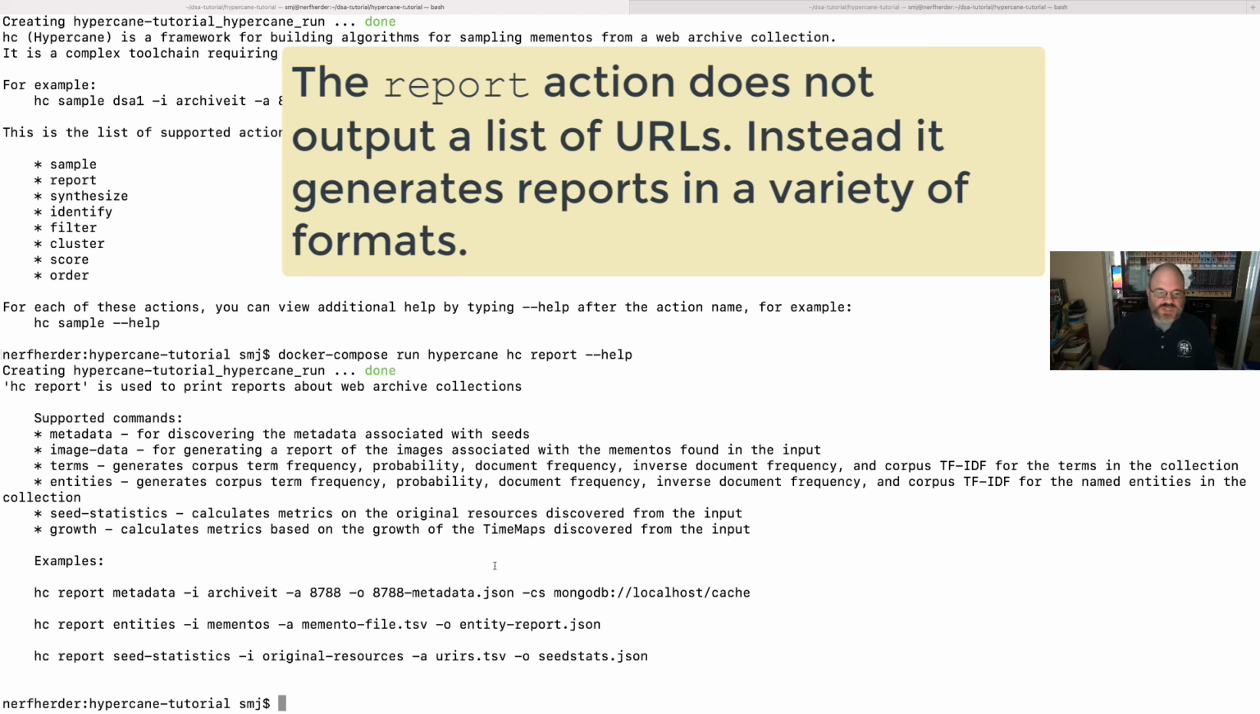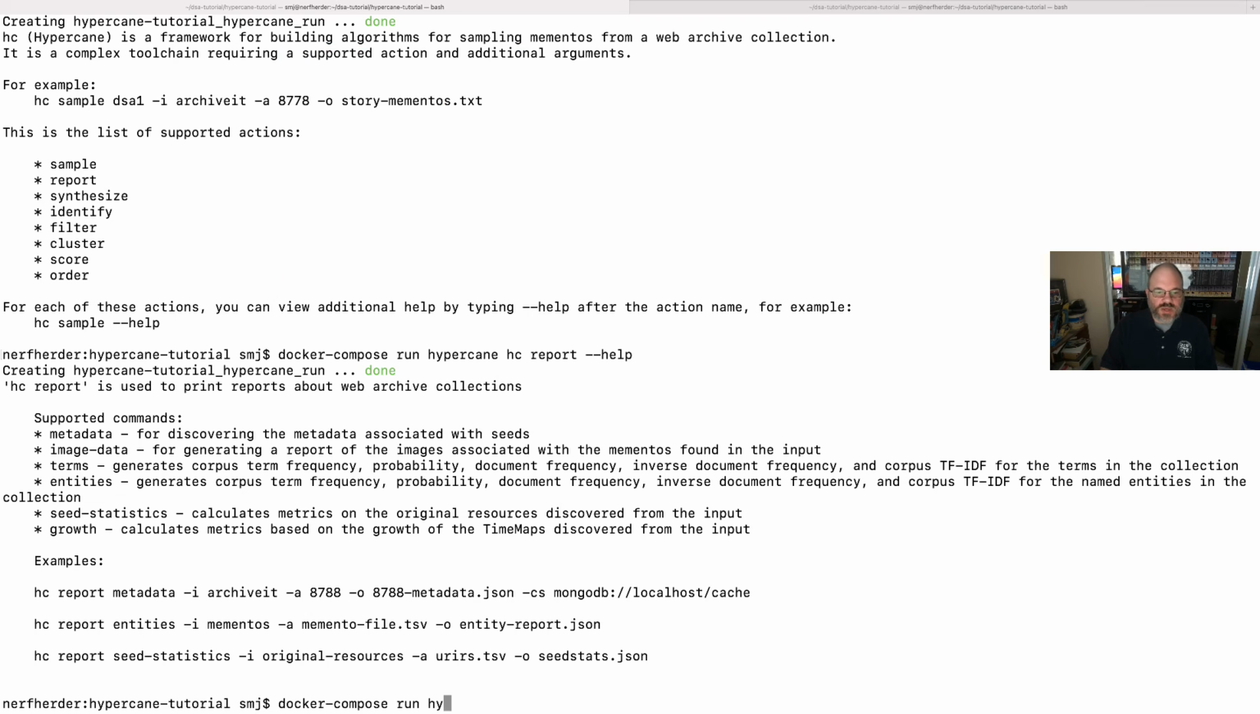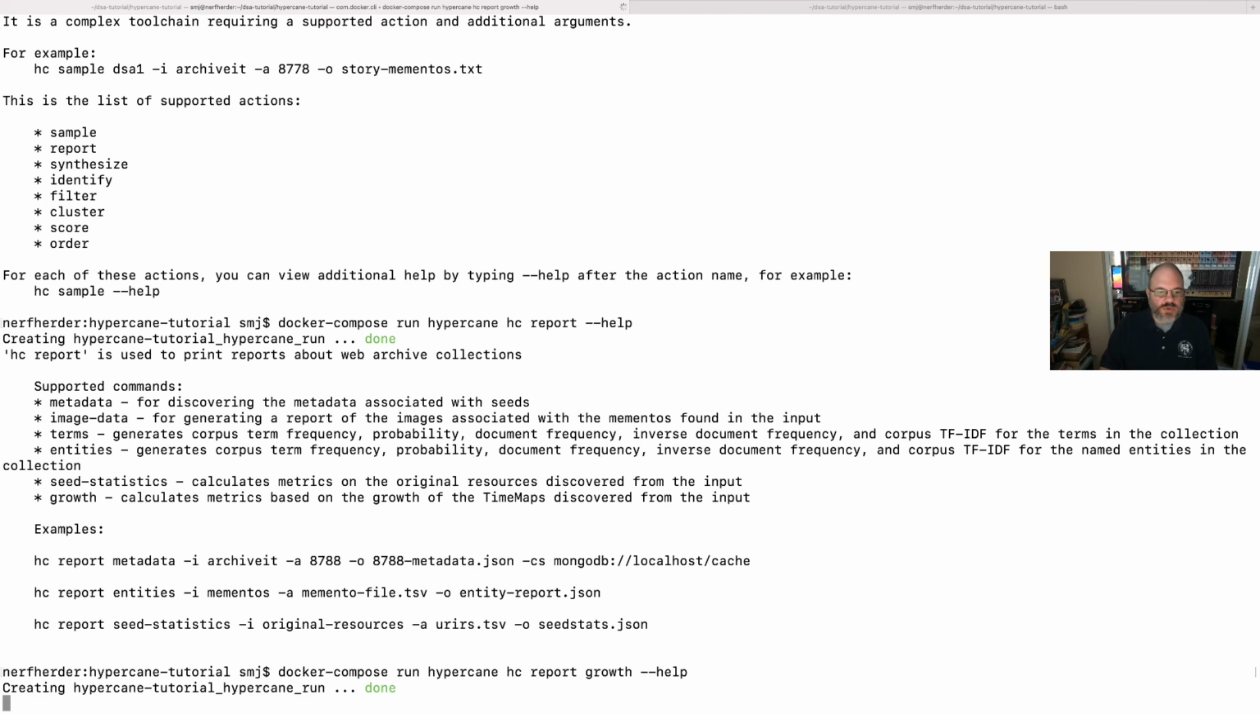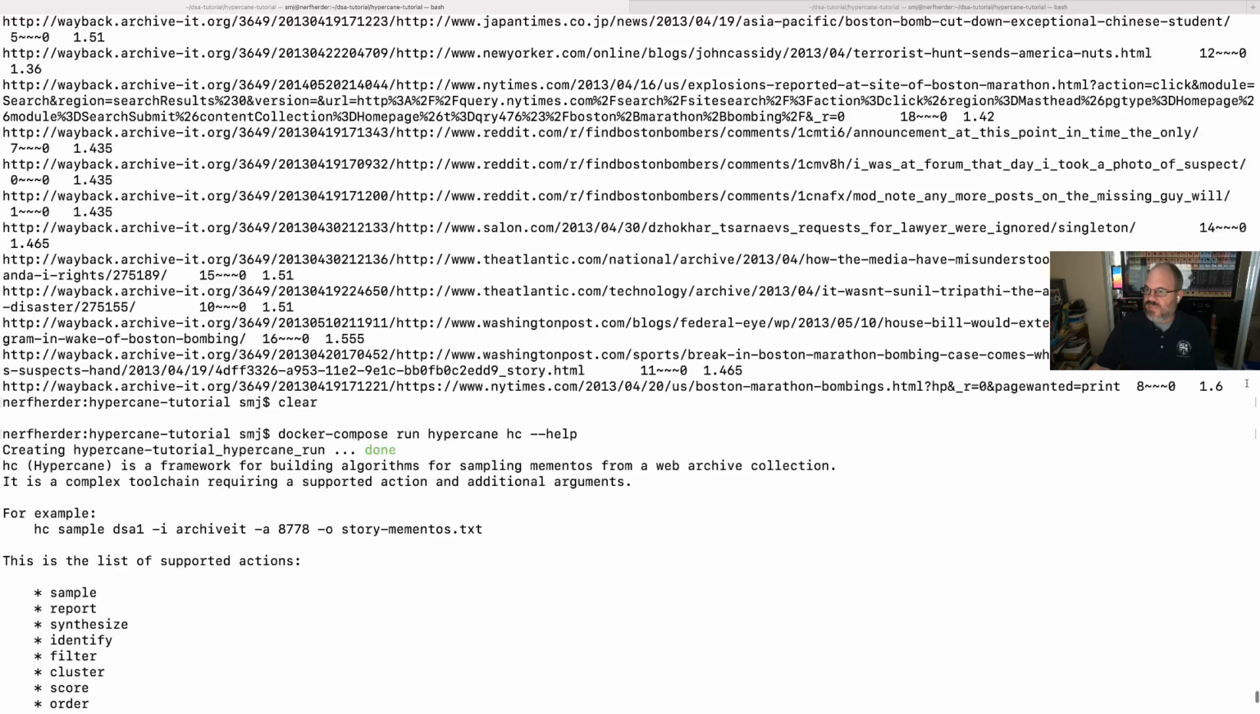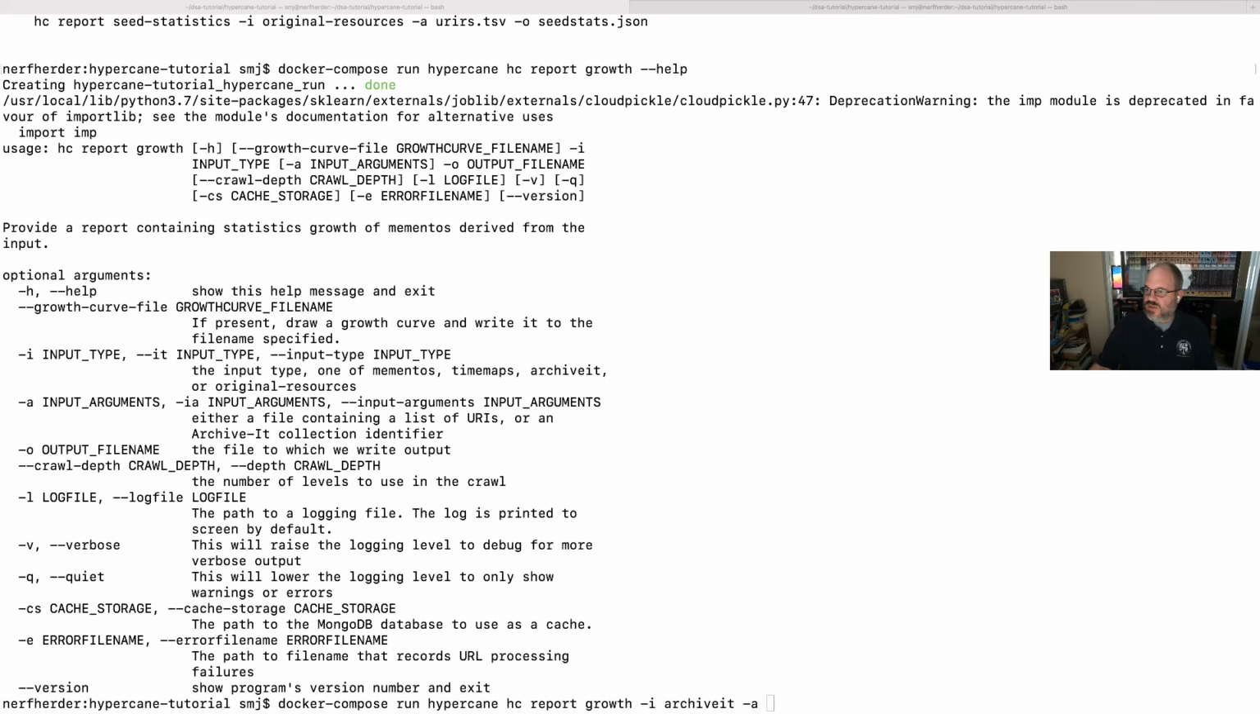So, for example, if we wanted to do docker compose run hypercane hc report growth --help, we see that we have a variety of options for this. We can take in an input file or an input argument of archive it and a collection of, I believe it was 3649,